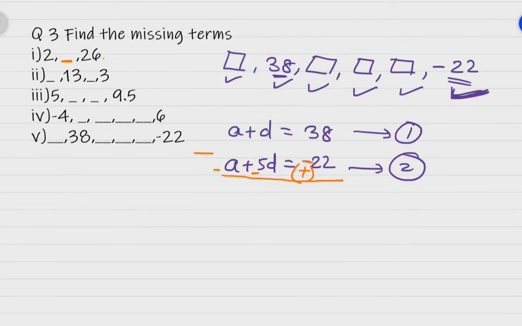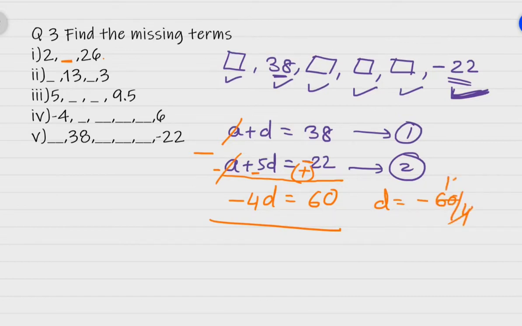So I don't need to tell you each and everything clearly. Now see, a plus a and minus a will go off. Plus d minus 5d will give you minus 4d here, equal to 38 plus 22. 8 plus 2 is 10, 1 and 3 and 3 is 6. So d minus 4d is equal to 60. So d will be equal to minus 60 by 4. So 4 ones are 4, 4 15s are 60. So d will become minus 15. Okay, so d is minus 15.